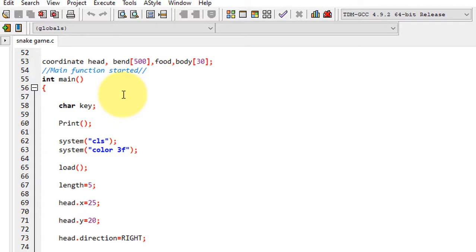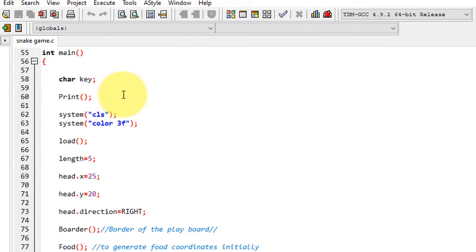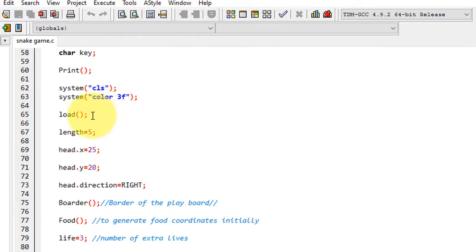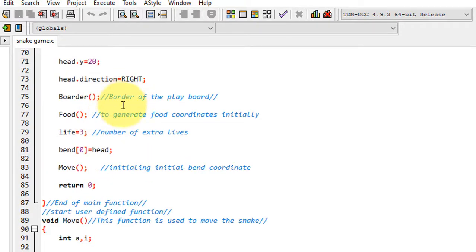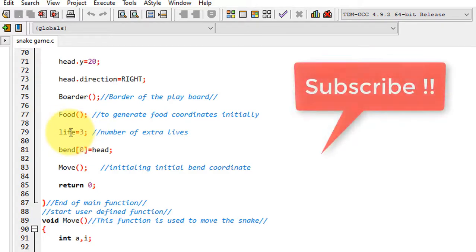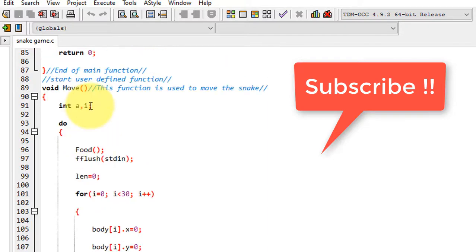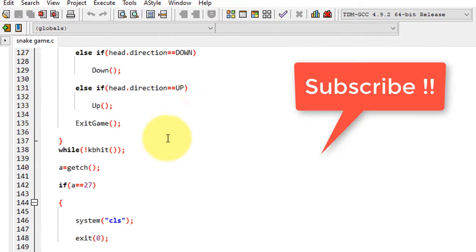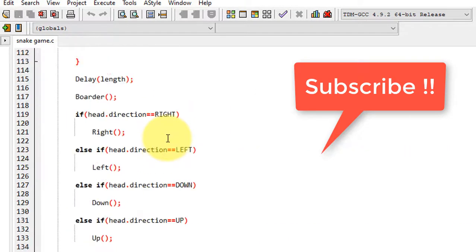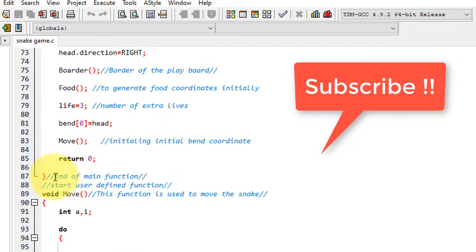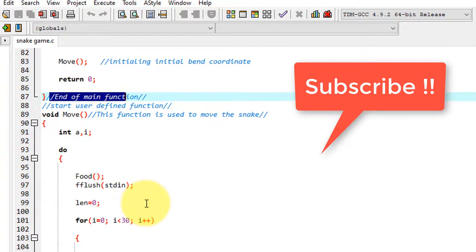From here the actual main function starts. When the main function starts, first the load function is executed, then we define the border, food, and life; by default 3 extra lives are given. All of these are user defined here, and I have casually given comment lines to understand the code completely.